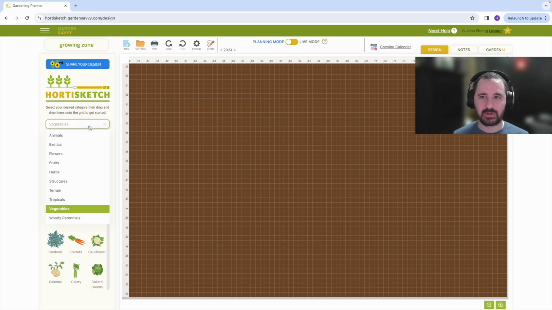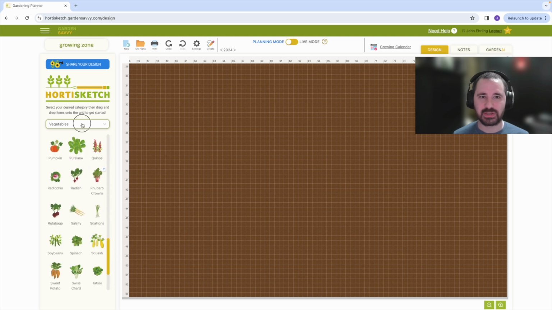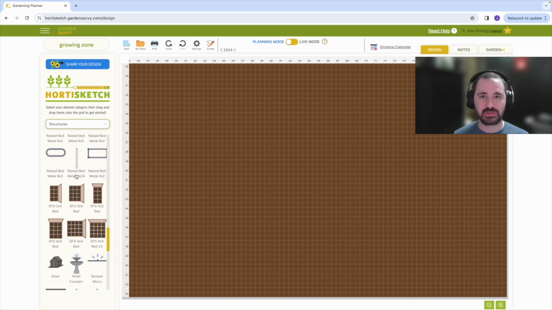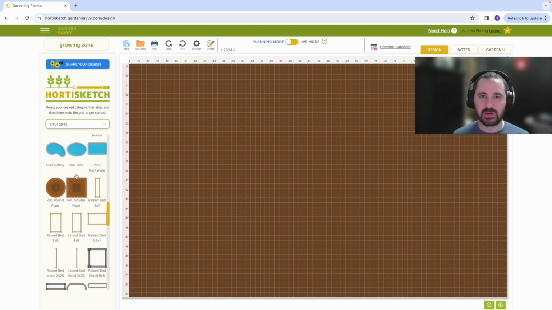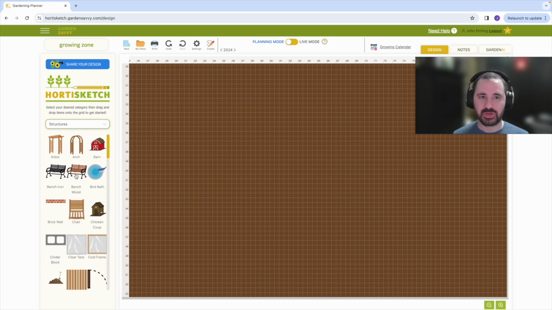Click on the menu and browse the various icons. Hortisketch has icons for animals, exotic plants, flowers, fruits, herbs, structures, terrain, tropicals, vegetables, and woody perennials. We're always adding new icons, so if the plants you're looking for are not available, shoot us an email requesting